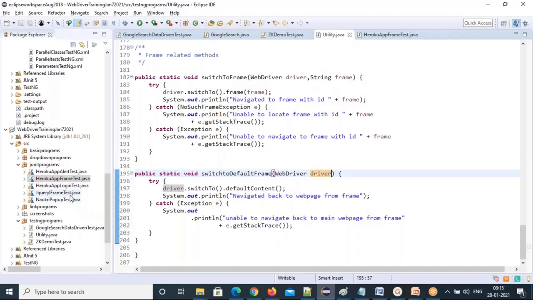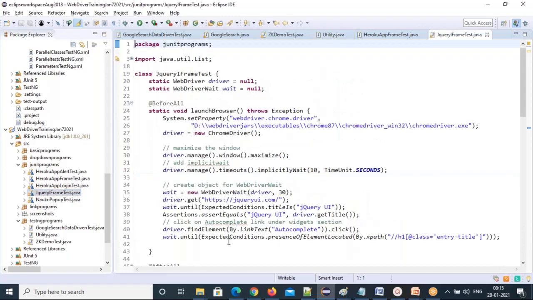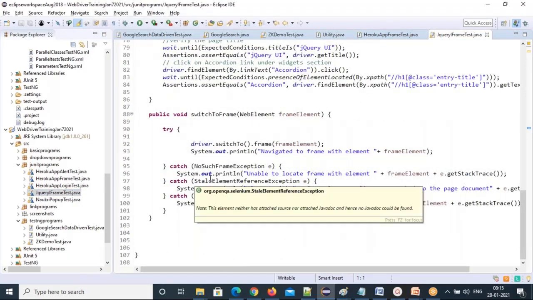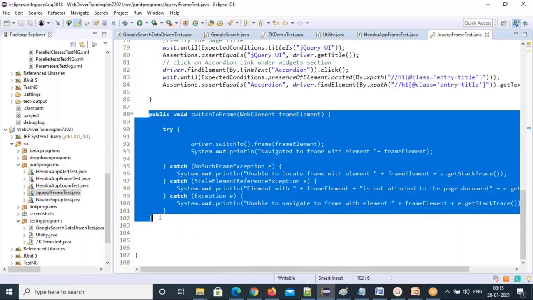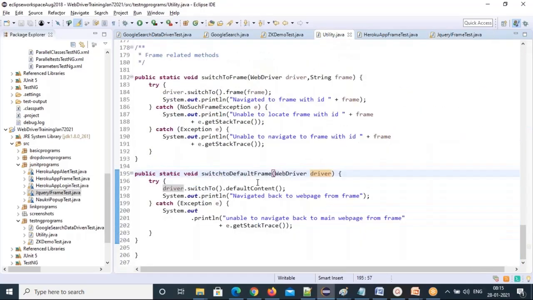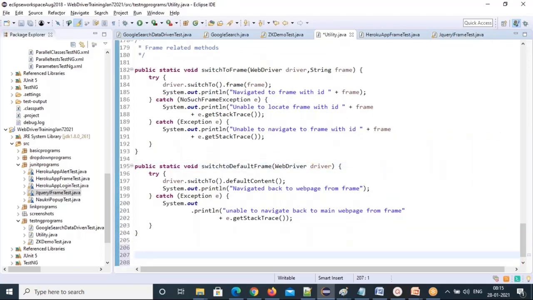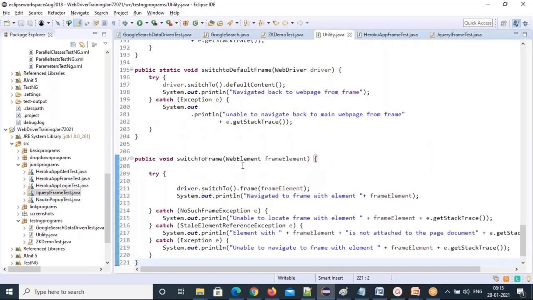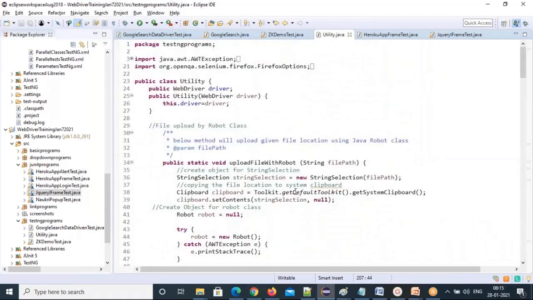Next, the iframe code, switch to iframe, we also need to paste here, right? This method also you need to put inside the utility class. Just create that class, and these methods we already have, so one by one you can paste them there. Here I'll put WebDriver driver. Okay, so done. These are the changes I have done, and I can call my methods directly here.